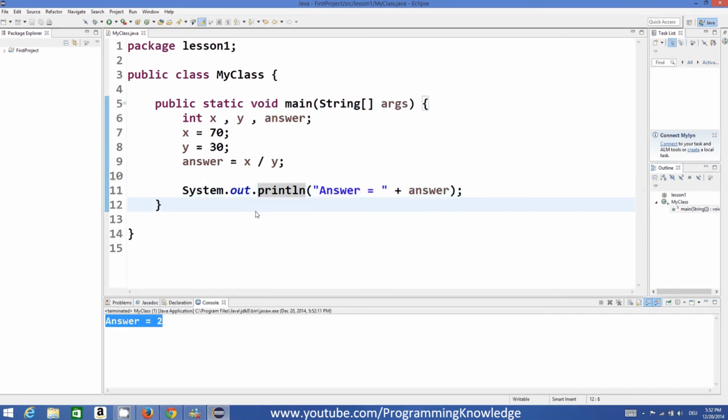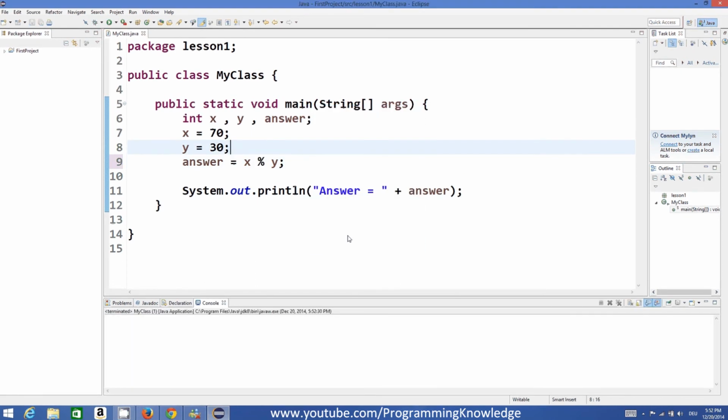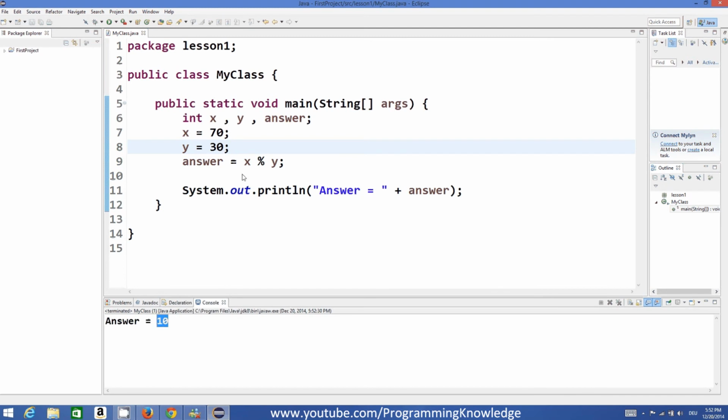Okay, now there is one more interesting operator in Java, which is called the modulus operator, and this gives you the remainder of the division. So once I run this program, the remainder is 10, right?